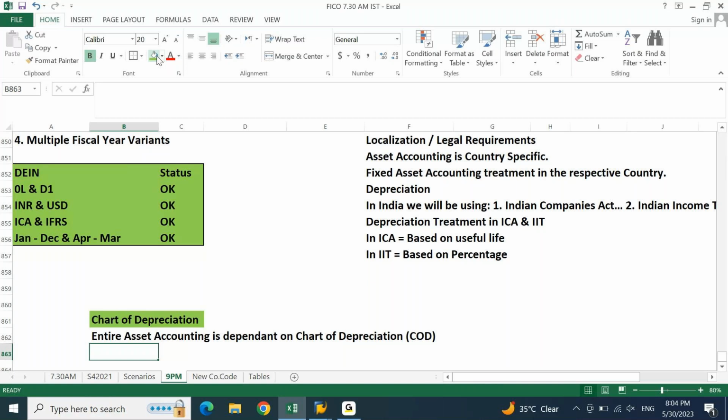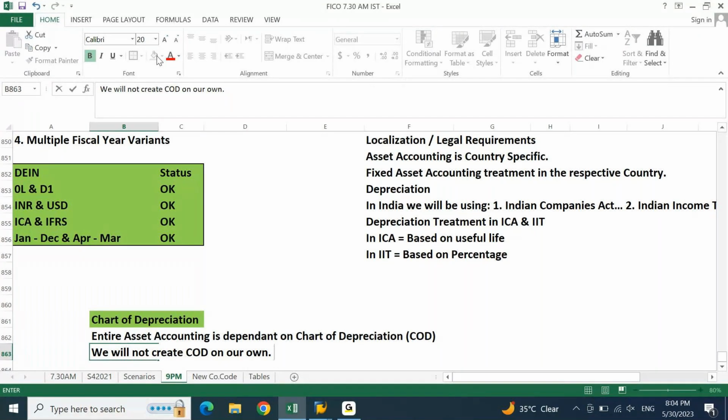Now, chart of depreciation you are not going to create on your own. Even in the project, you are not going to create chart of depreciation on your own because that is not allowed in the system.